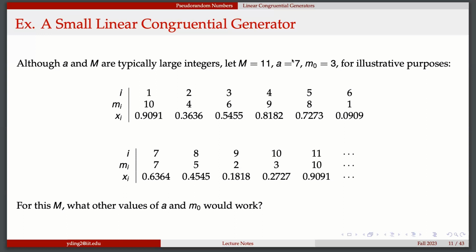So here, if we choose m is 11, we can choose a is 7. That's the primitive root. But of course, you can also choose a is 6. Try to see what you can get, and we will see that. There will be some other values. You can try to figure out a way to do this.